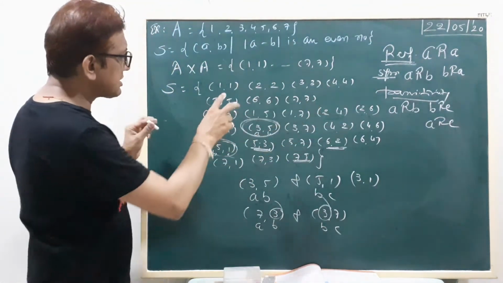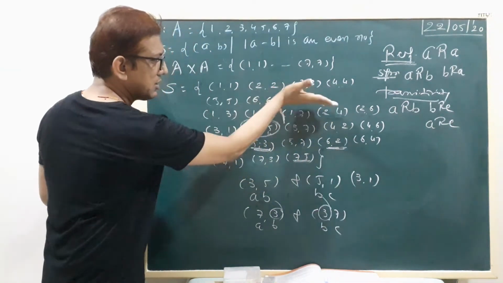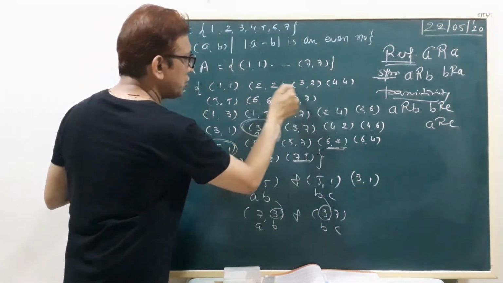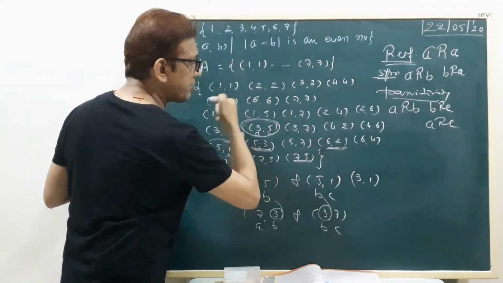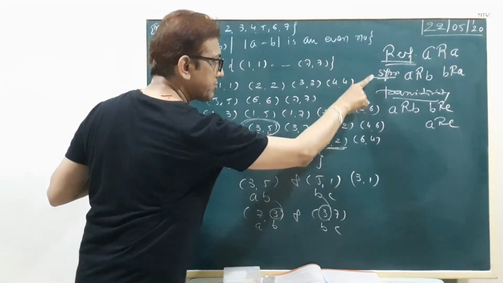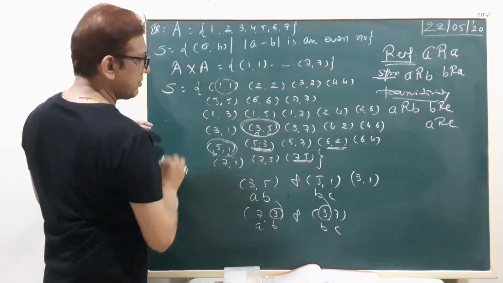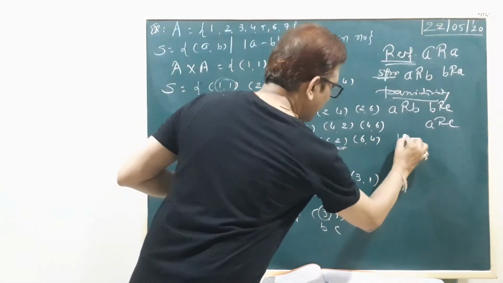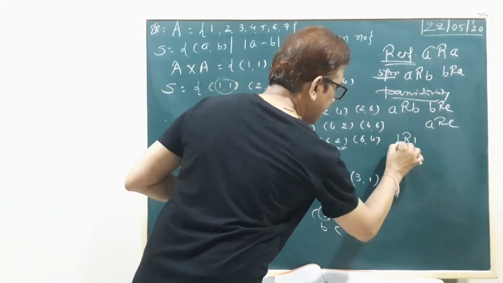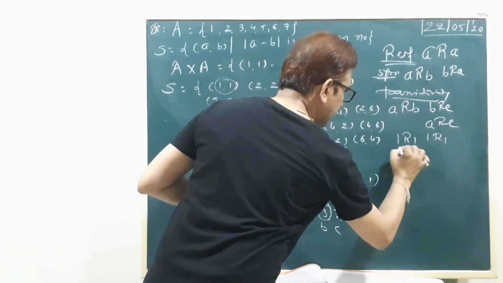Again we repeat: transitivity is only in this bracket, only up to here. 1, 2, 3, 4, 5, 6, 7. These 7 brackets always satisfy reflexive, symmetric and transitivity. We check here. This one, say A and B, 1, 1. 1 relation 1.